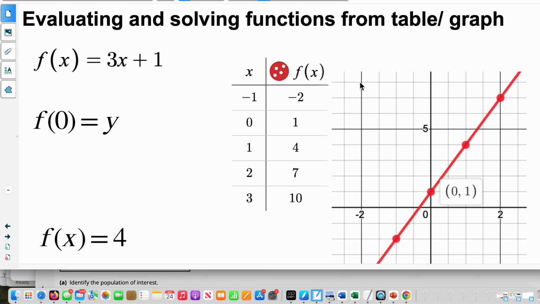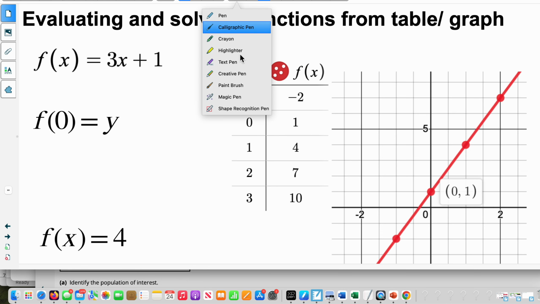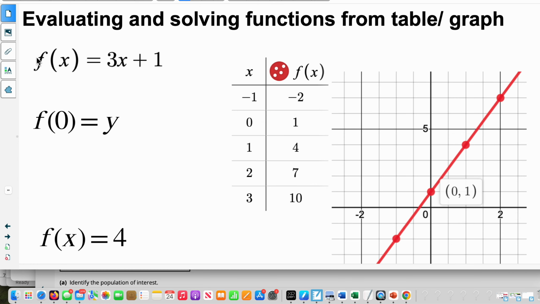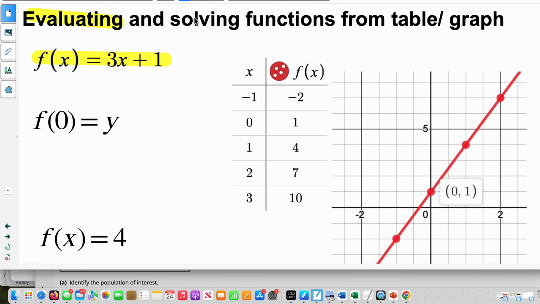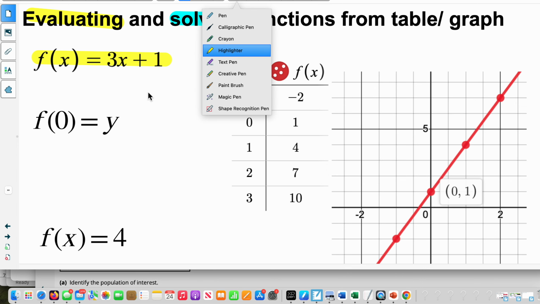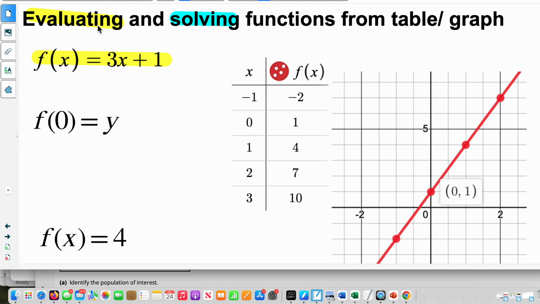All right, evaluating and solving functions. A couple people had some confusion, it looks like, on the homework. So here's my function, f of x equals 3x plus 1. Evaluate and solve have really specific meanings in math, okay? So if I evaluate the function, it means to find the value